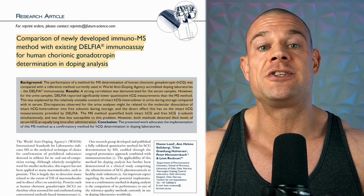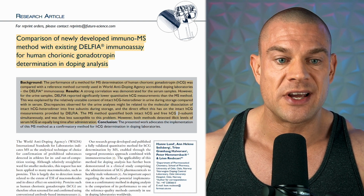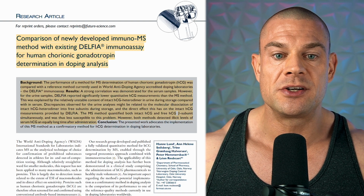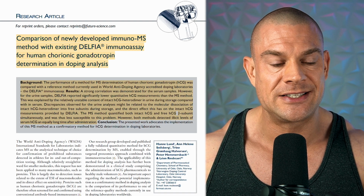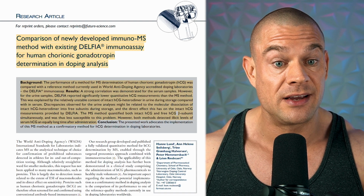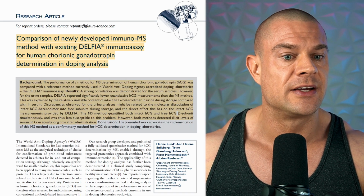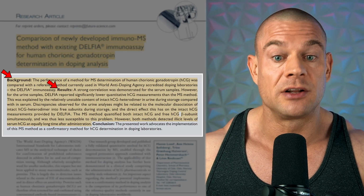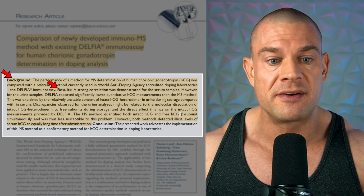There's one detection time study that I want to highlight, performed by Lunt et al., published in March 2015, titled Comparison of Newly Developed Immunomass Spectrometry Methods with Existing Delphia Immunoassay for Human Chorionic Gonadotropin Detection in Doping Analysis. This is an interesting comparative study that looks at different HCG detection methods, comparing the results of all previously performed